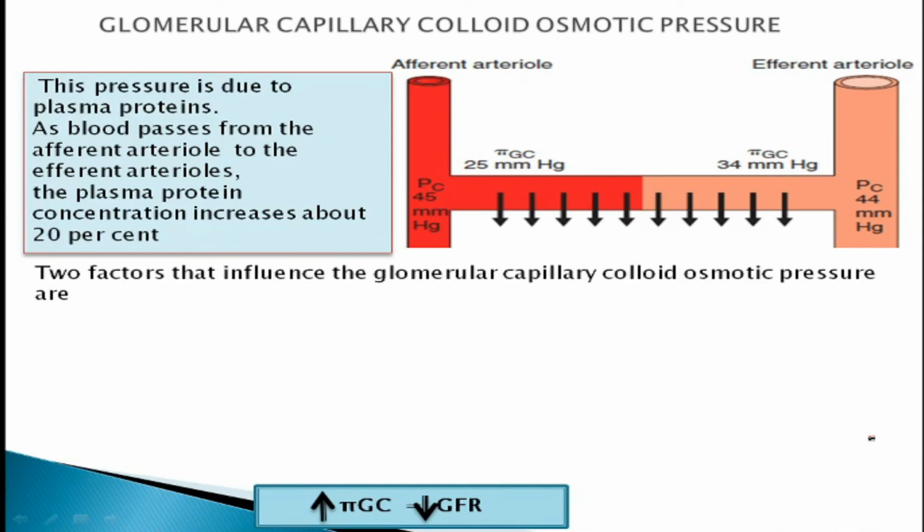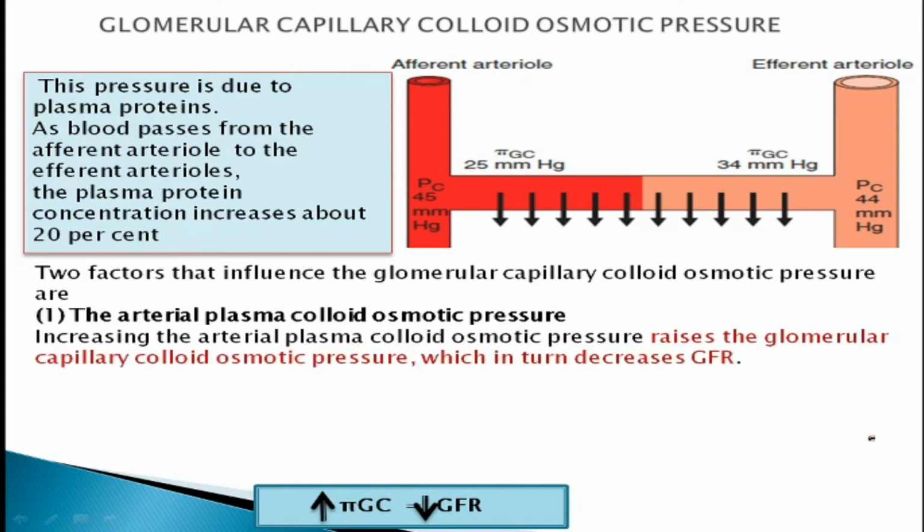Two things which can alter the glomerular capillary colloid pressure are: first, the arterial plasma colloid osmotic pressure. Whenever there is overall increase in the arterial plasma colloid osmotic pressure, that will be reflected in the increased colloid osmotic pressure in the renal arteries and of course in the glomerular capillaries, which will reduce the